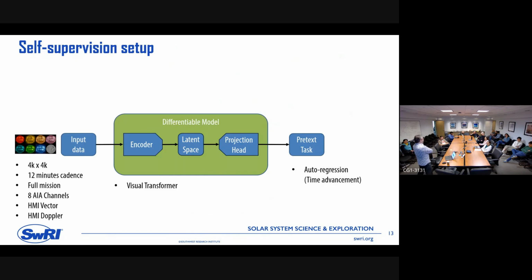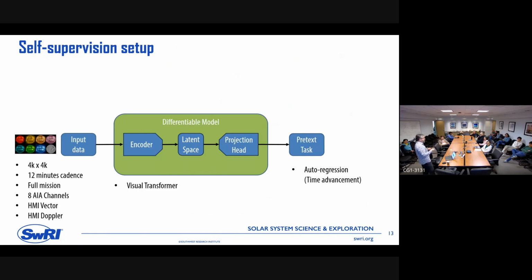That's the pretext task. Auto-regression in language is like, I give you the first part of a sentence and you tell me the answer, like twinkle, twinkle, little star. Last word, next word, next word. That is the equivalent in auto-regression.